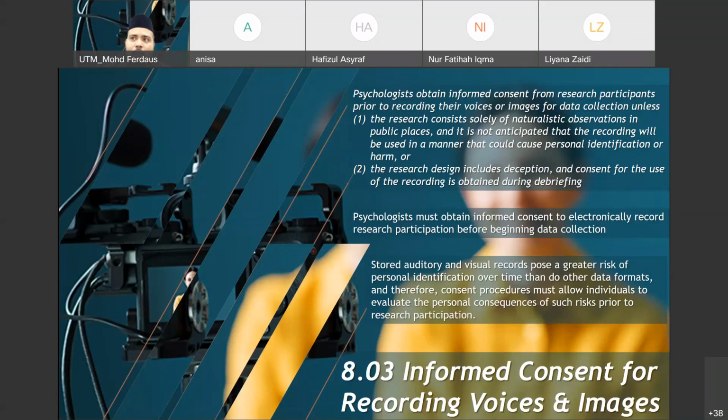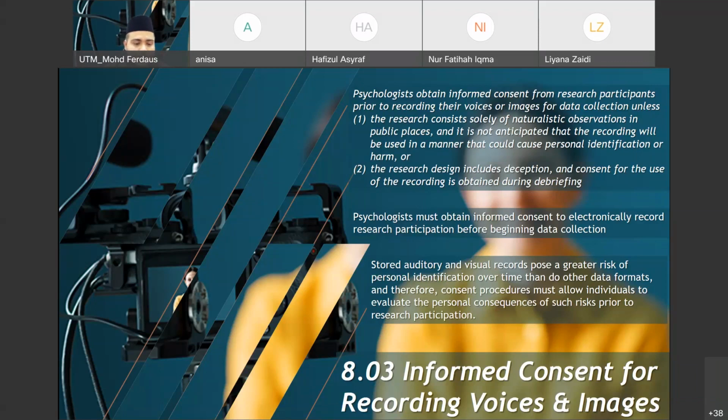In my previous research, I interviewed some very prominent figures in New States. In my informed consent, I informed them about the recording. At that time I didn't video record, I only did audio recording. I informed them that I'm going to transcribe the recording, and then do the qualitative analysis, the thematic analysis.